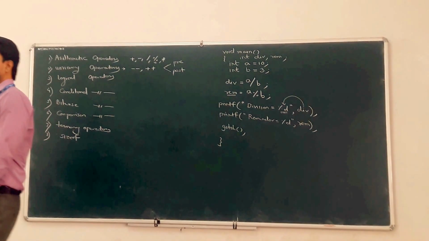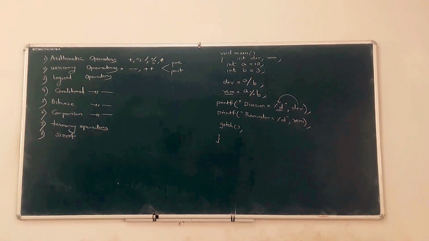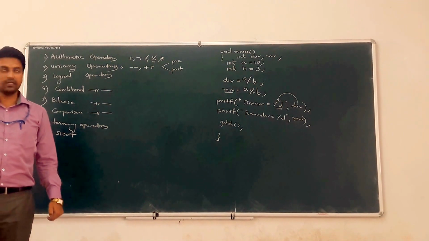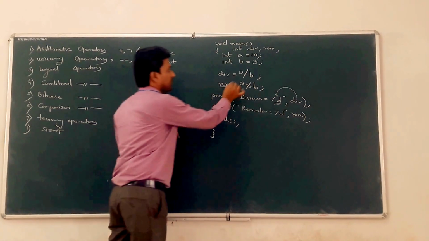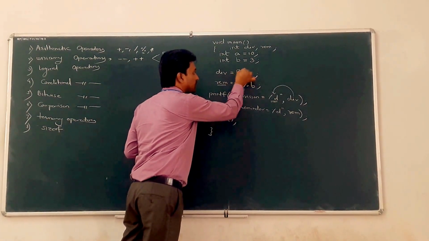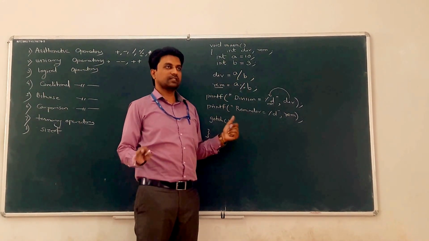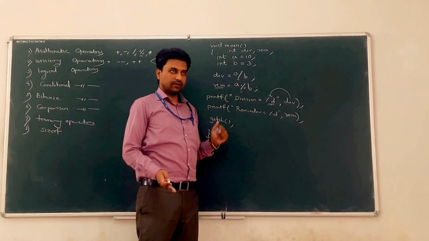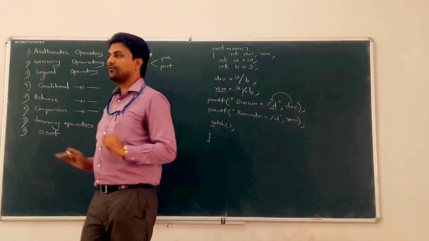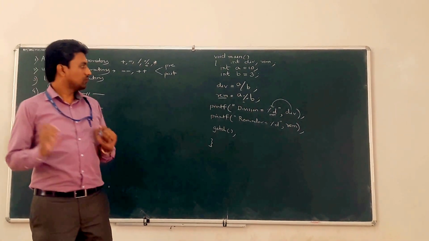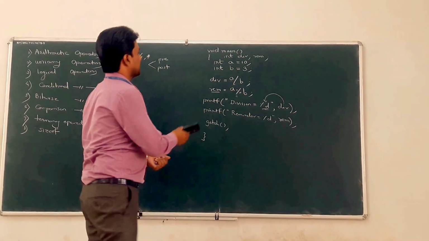So what is the use of a unary operator? A unary operator works on only one operand, a single operand. Clear? Let's see, this is a binary operator, which performs an operation on two operands, A and B. If one operand is absent, then it gives you a syntactical error. Clear? Because it is a binary operator. Similarly, a unary operator performs an operation on a single operand. So how does it work? Take the same example.